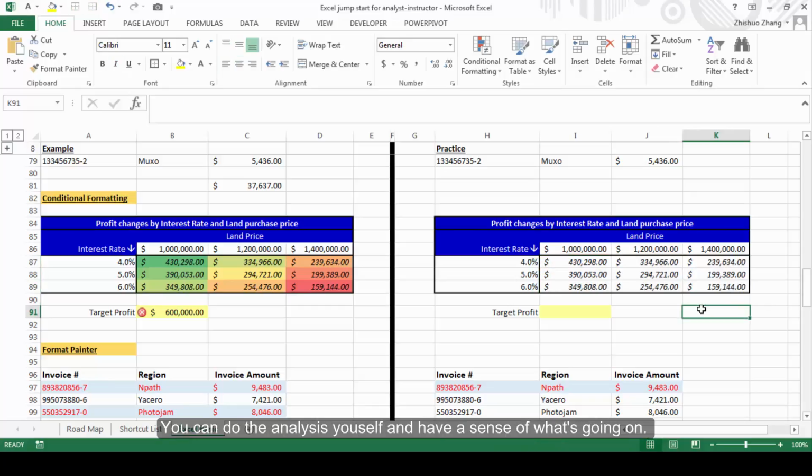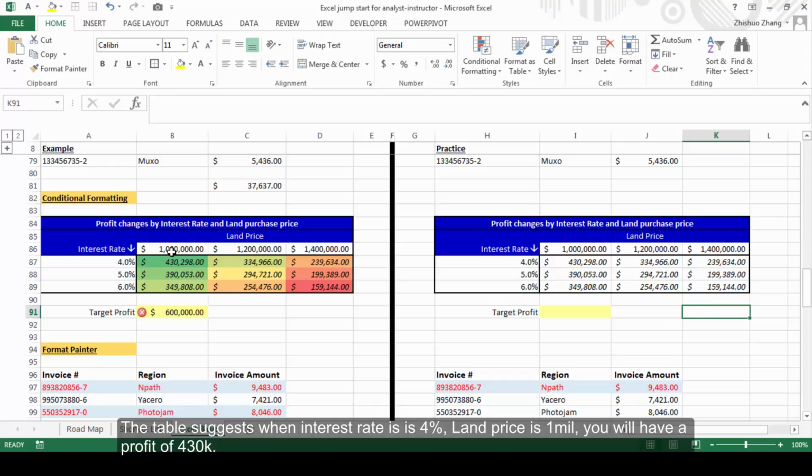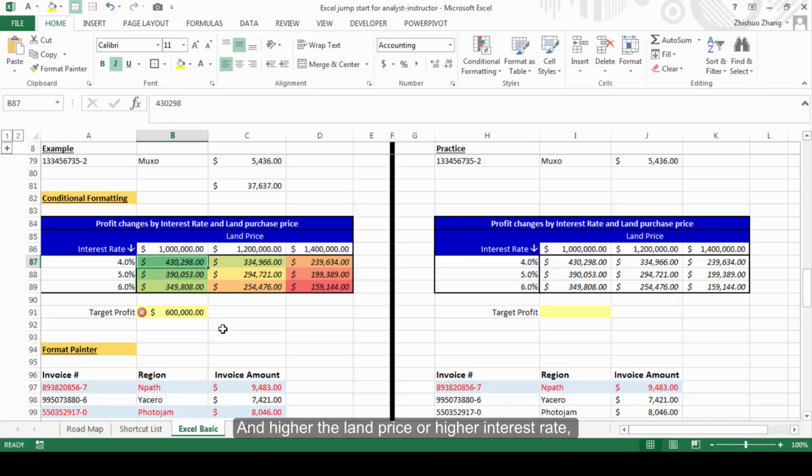You can do the analysis yourself and have a sense of what's going on. But what's the best way to impress your boss? Here is a good example. The table suggests when the interest rate is 4% and land price is 1 million, you will have a profit of 430,000. And the higher the land price or the higher the interest rate, the lower the profit will be if you are investing